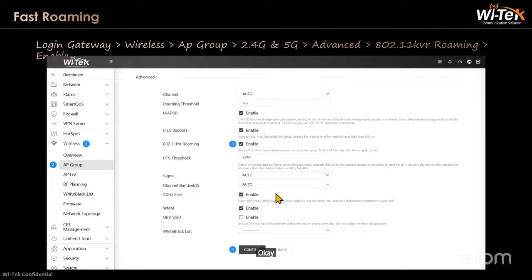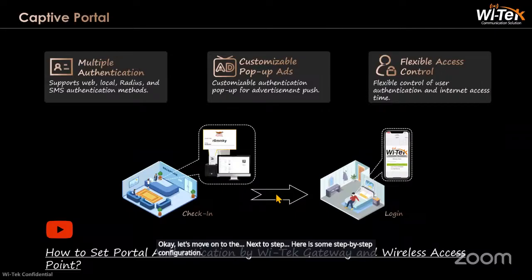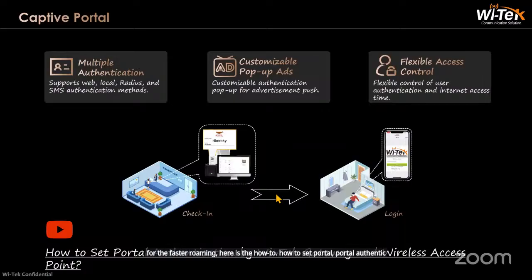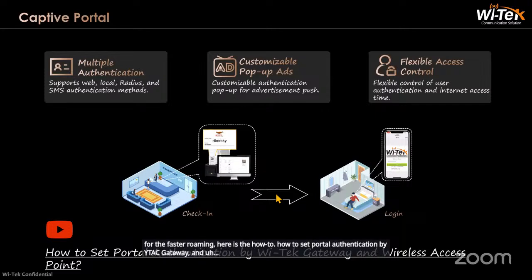Okay, let's move on to the next step. Here is some step-by-step configuration for the fast roaming. Here is how to set portal authentication by Wi-Tek gateway and the wireless access point